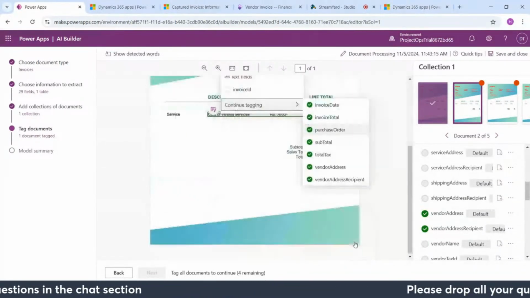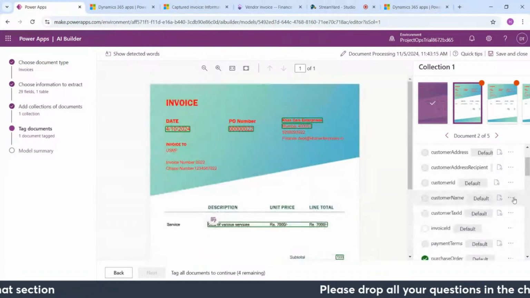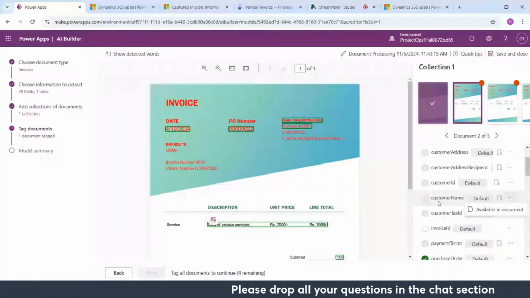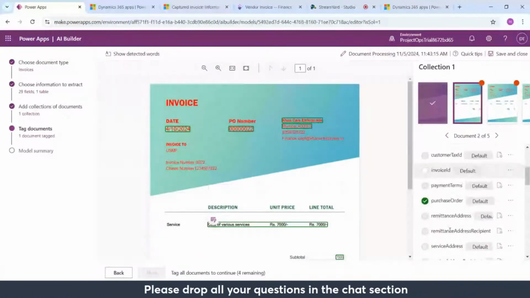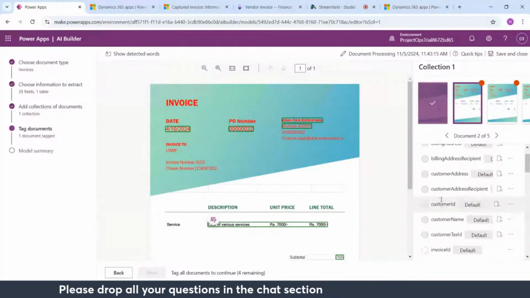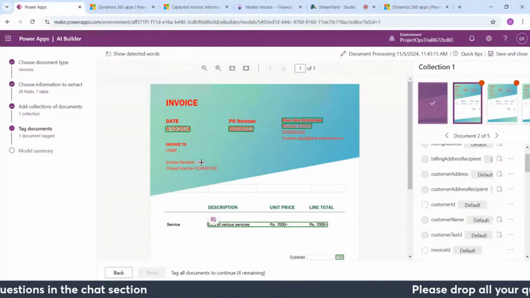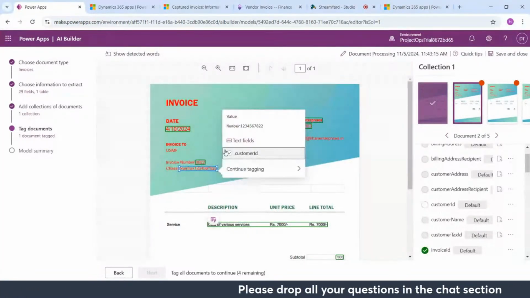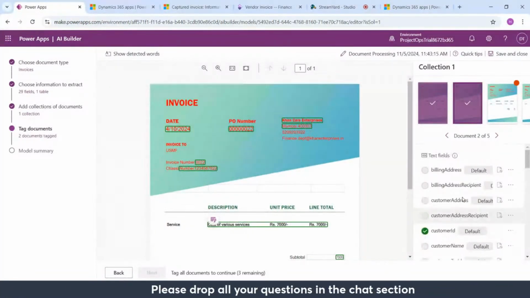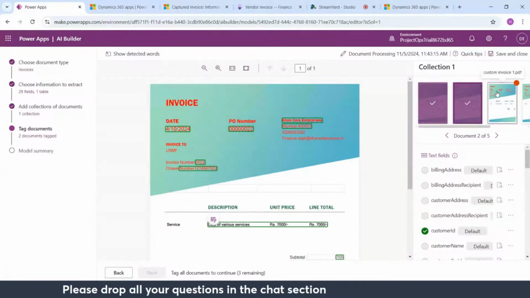Continue tagging. This is available within the document. Where is my customer ID? Yes, this is available in the document. And this is, let me tag it to invoice ID, and I'll tag this to customer ID. Okay, and I have done it only for one of the documents, not all the documents. Okay,